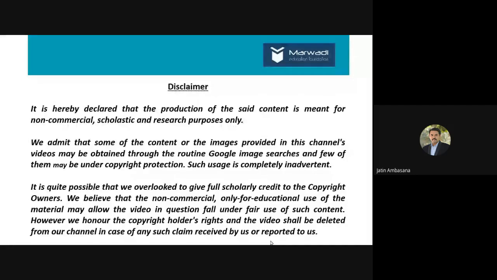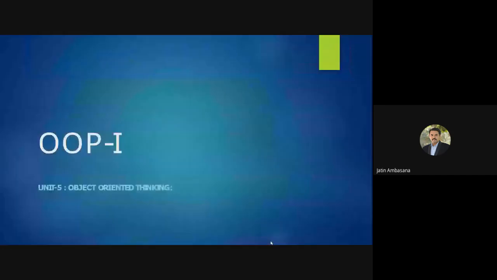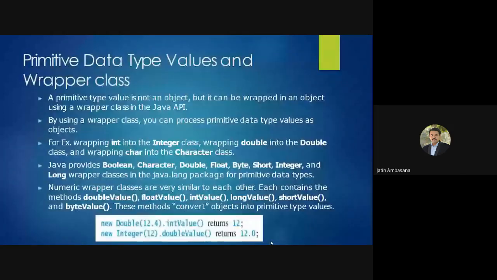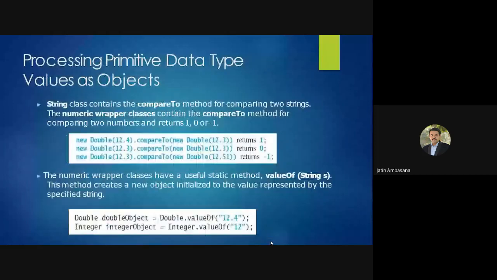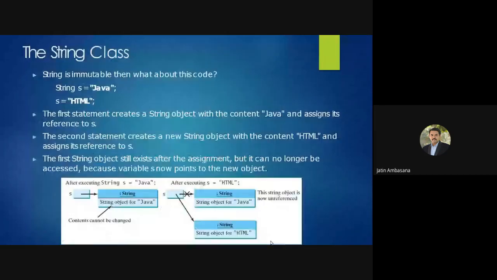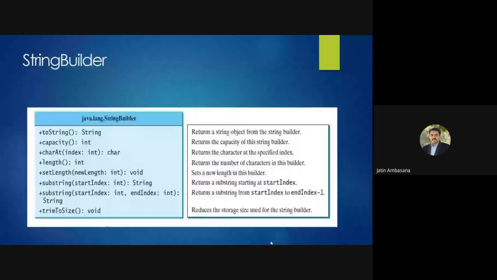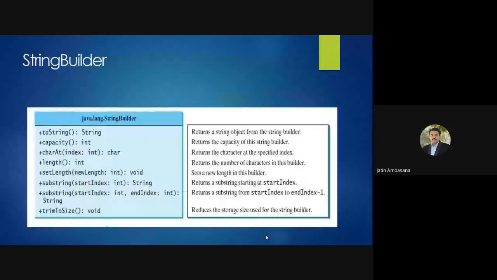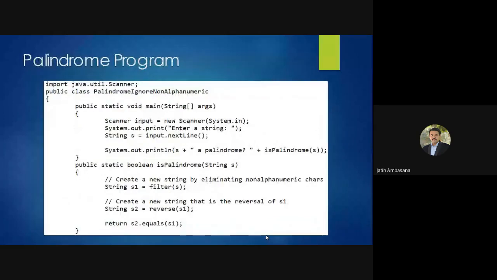Okay, so in this unit we had started with objects and classes, and the relationships and various types. We saw various classes: String, string palindrome, StringBuilder and StringBuffer, and some examples like palindrome.